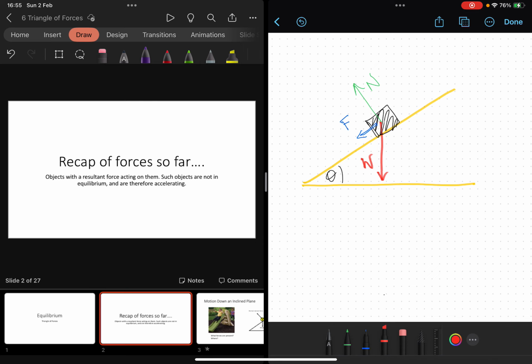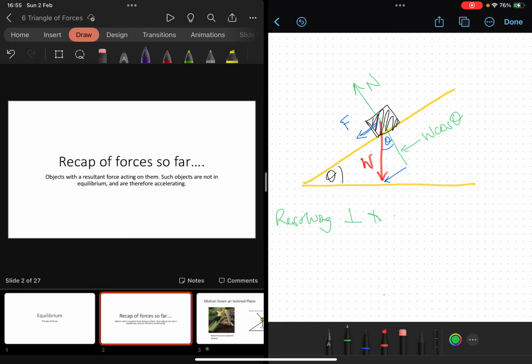Now, I can resolve weight parallel and perpendicular to the slope. So if I resolve weight perpendicular to the slope, there is a component of weight which looks like the adjacent side of a triangle, and there is a component of the force down the slope which looks like the opposite side of the triangle. So I think this is W cos theta because it's the adjacent side of the triangle. So what have I done there? I've done something called resolving